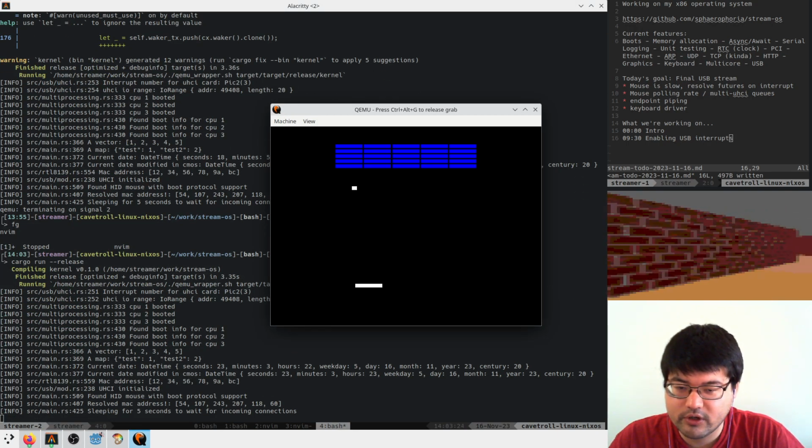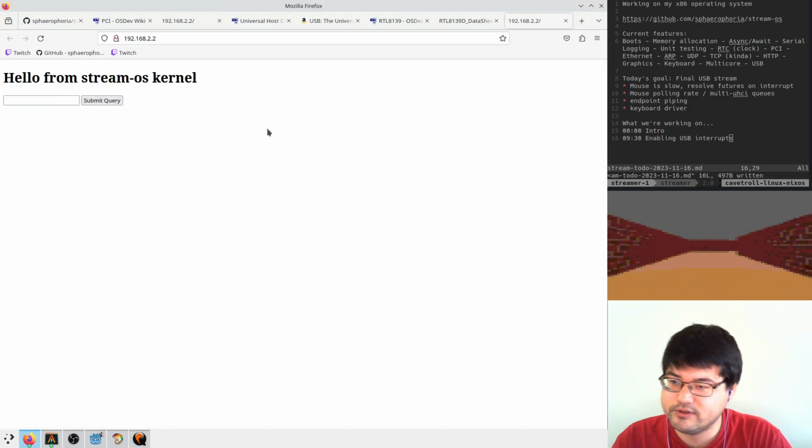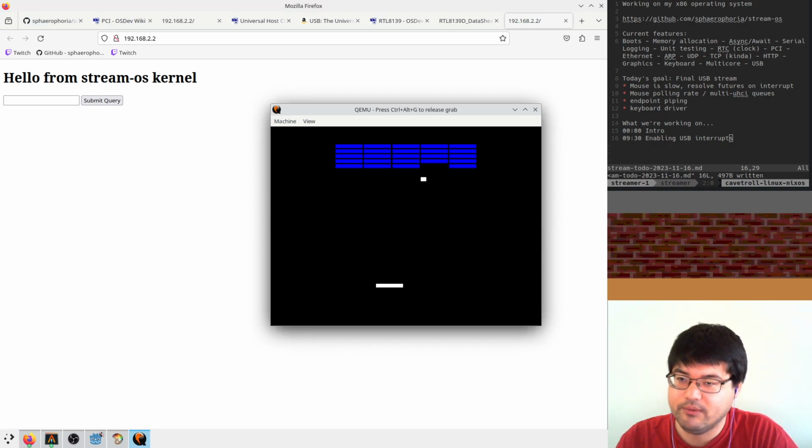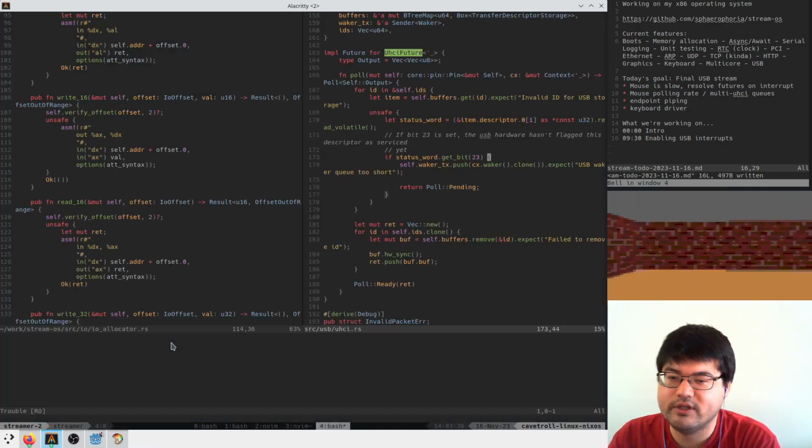Okay, so the mouse is still working. It's moving snappy. And now, hopefully, the Ethernet stack is working too, at the same time. Okay, cool. Cool, cool, cool, cool. Okay, so the last piece here is that we have these